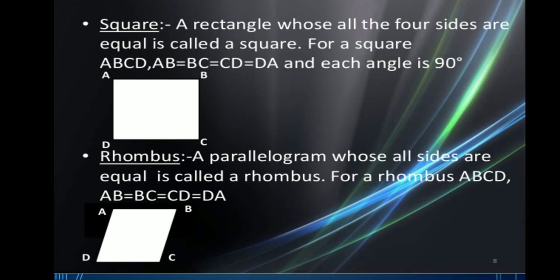Then we can compare with the help of a square. There is a rhombus also. Square and rhombus are quite similar. The only difference over here is that in a square each angle is 90 degrees, but in a rhombus it is not so. And in the square the diagonals are equal, but in a rhombus the diagonals can be unequal also. But they both bisect and cut each other at 90 degrees, or you can say the diagonals are perpendicular bisectors.